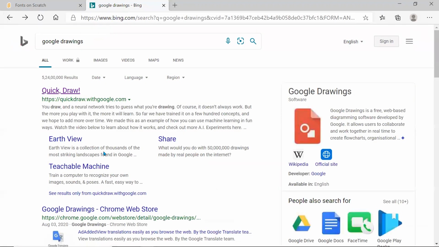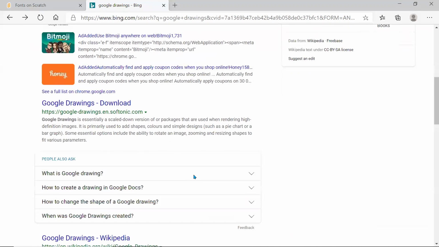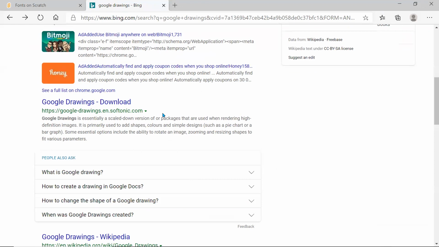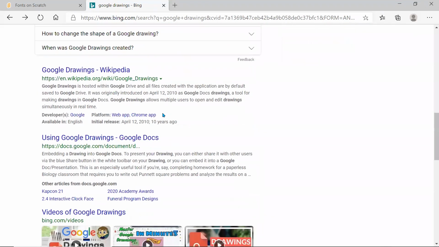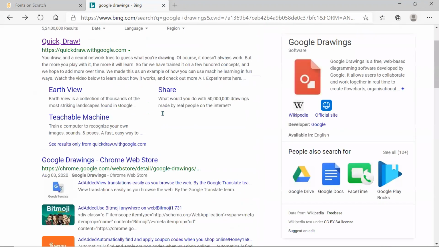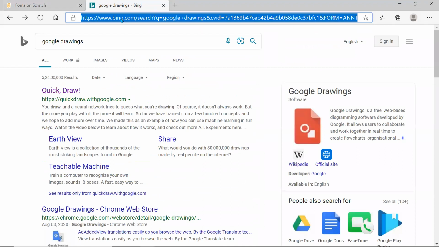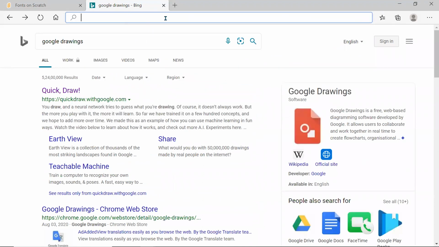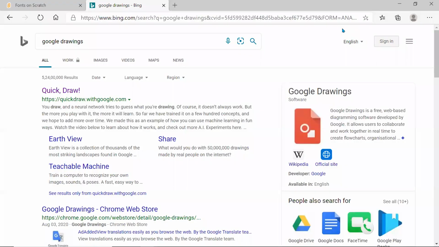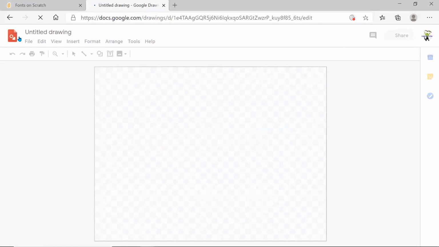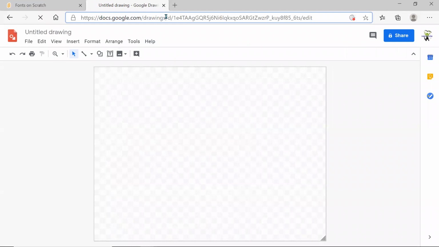Where did it just go? Okay, let's go to the official site of Google Drawings. Here we go. The link is docs.google.com/drawings, and you should be logged in